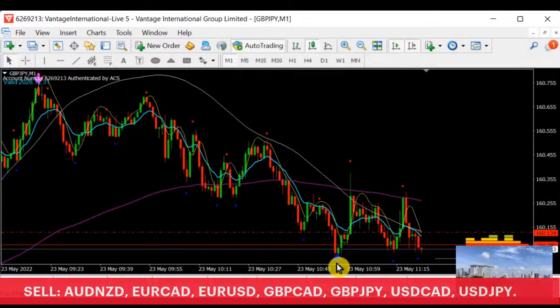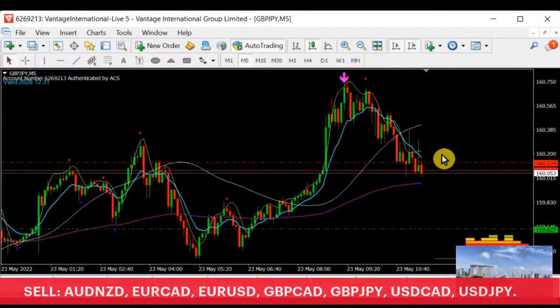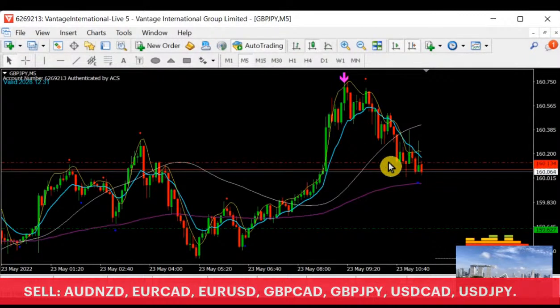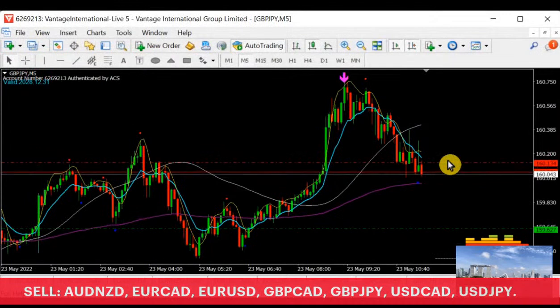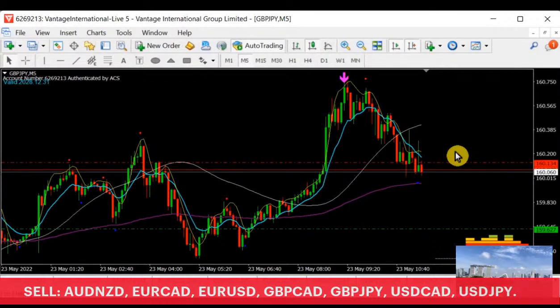So over here, in this 1 minute, we are going to push this price lower. As you can see, I'm going to push the blue arrow lower, so that in M5 you will be able to see that, after like you just now were saying, that this is a support. 160.134. After that it tested on this, then it's not breaking up. That means to say the resistance is there.